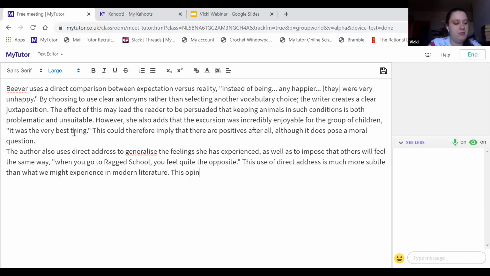This opinion seems to imply that she supports, so I'm reading in between the lines, I'm looking at implicit information. The more you do that, the higher up in the marks you tend to go. If you just talk about things that you're explicitly told, you're not showing an in-depth understanding of the text. Right, so this opinion seems to imply that she supports the current treatment